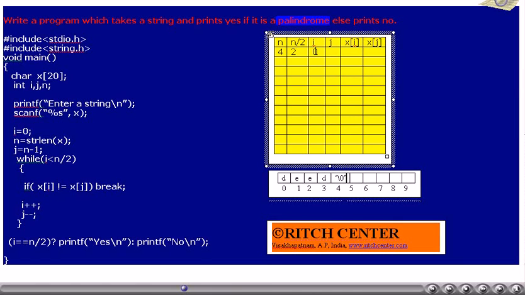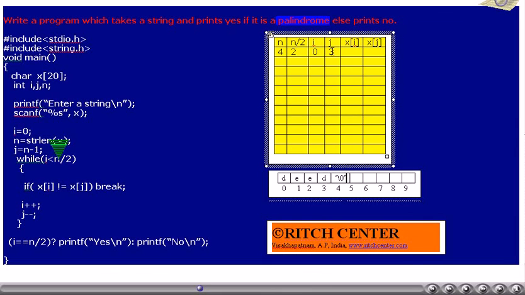Then the starting value of I is taken as 0. J value becomes 3, that is 4 minus 1. J now points to the index of the last element of this string.